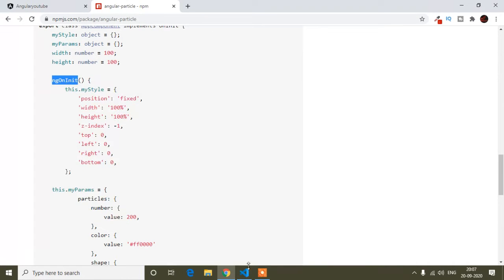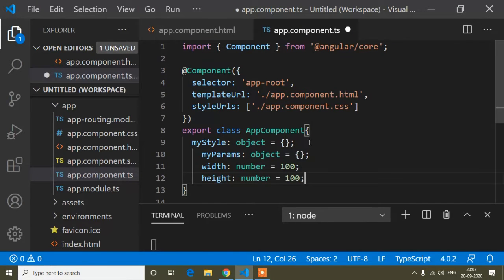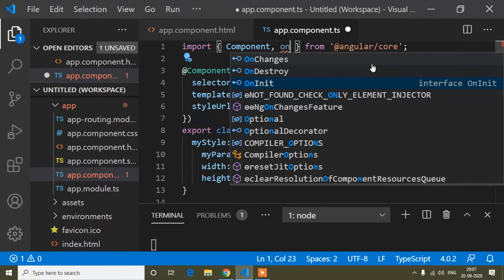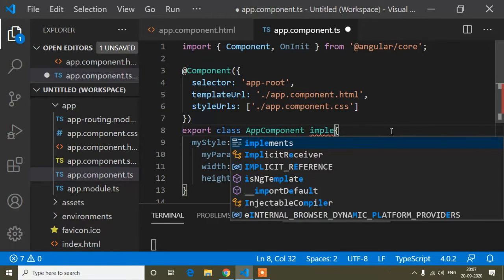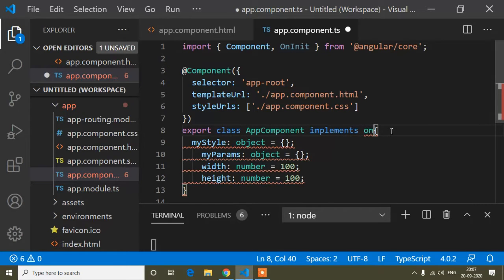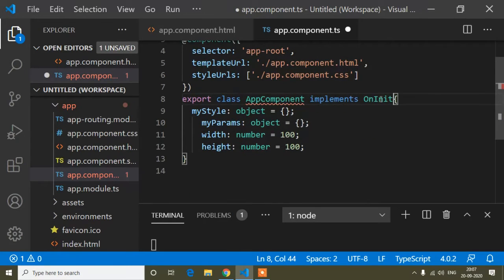When you have downloaded any project, there is not a default ngOnInit lifecycle hook in your app component. So I will implement ngOnInit here. In the component I will write implements OnInit, and now the method ngOnInit. Implements is used to implement the interface, so OnInit is the lifecycle interface.